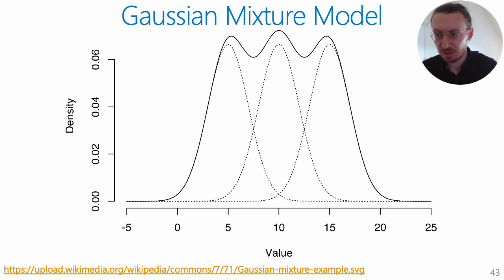One hint that data might follow a mixture model is that the data looks multimodal, which means that there is more than one peak in the distribution of the data. In this case, we have actually three peaks, and trying to fit a multimodal distribution with a unimodal, meaning one, model, let's say a Gaussian model, generally gives poor performance. Since many simple distributions are unimodal, an obvious way to model a multimodal distribution is to assume that it is some form of mixture of many unimodal Gaussian distributions, which of course makes intuitive sense.